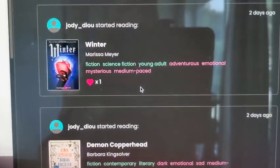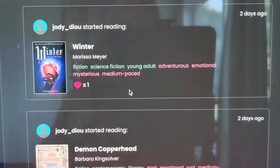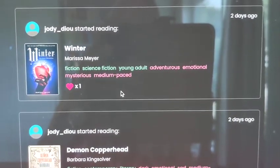So I actually haven't started this series, but I could start with Cinder and start the first book in the series. I think I'm gonna do that. So thank you, Jody, for reading Winter. And as you can see, someone is reading the Lunar Chronicles, so thank you, Jody, for this one. And I have not read any of the books in that series yet, and of course, since Winter is not the first book in the series, I will actually read the first book in the series, which is